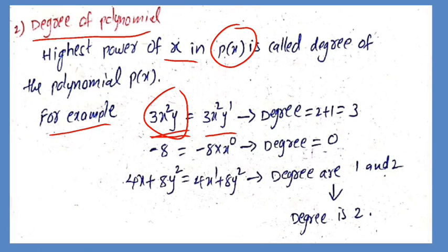So what is the degree of this one term? Just add the powers of variables. 2 plus 1, answer 3. Okay, so this is the way of finding the degree of a single term. Next, here minus 8, I took a constant number. How to find the degree for a constant number? See, generally the variable power is the degree, but here there is no variable, so I am writing minus 8 as minus 8 into x to the power of 0. So now we have a variable and its power is 0. So the degree of minus 8 equals 0. So the degree of a constant number is always 0.